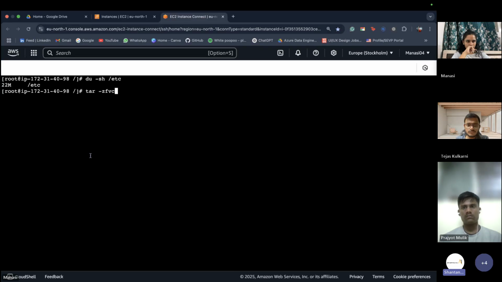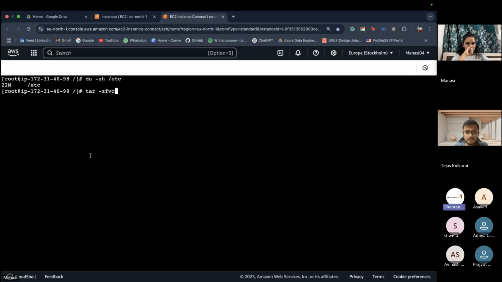Then I want to create a file, so I want to give a file name. It would be /backup/etc. We have to give a new file name, that compressed file name. So it will be backup etc. Dot. What is the extension for gzip, guys? Correct. Followed by the file name or the directory name. Please execute this command.